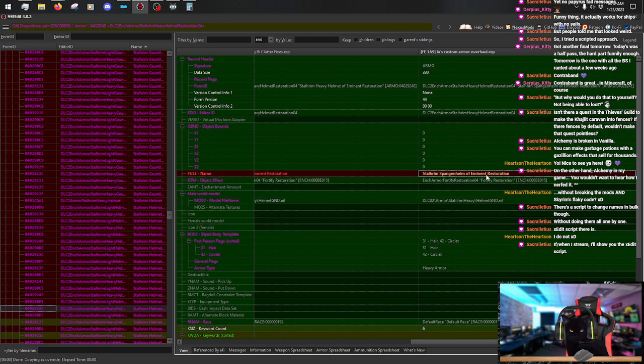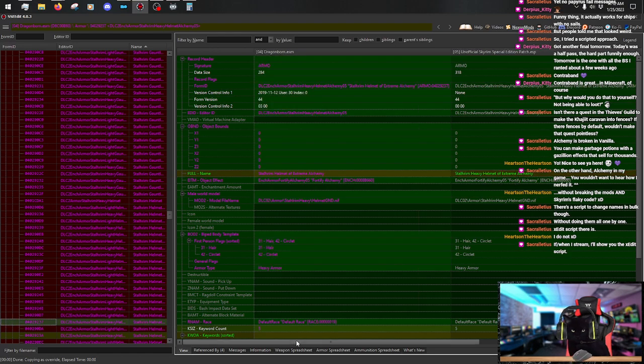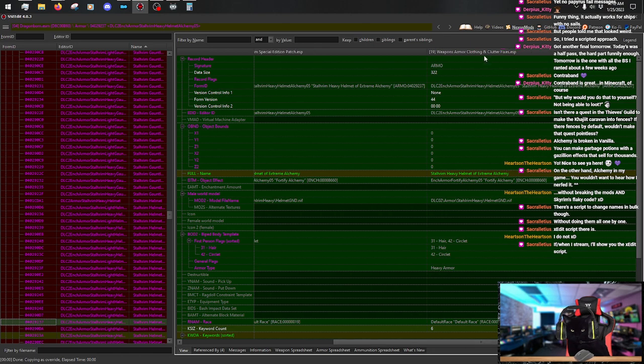There's a script to change names in bulk, though, without doing them all one by one. Xedit script there is. If and when you stream, you'll show me the Xedit script. Well, isn't that... I think I looked into it and I couldn't figure it out, because it uses all these, like, coding words, and it's like...